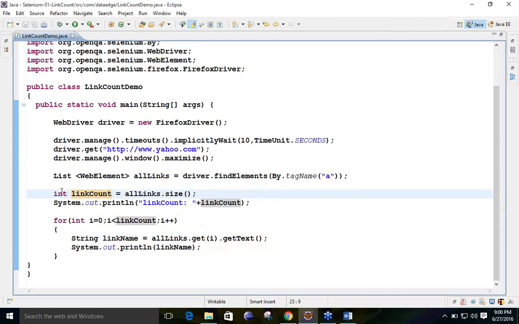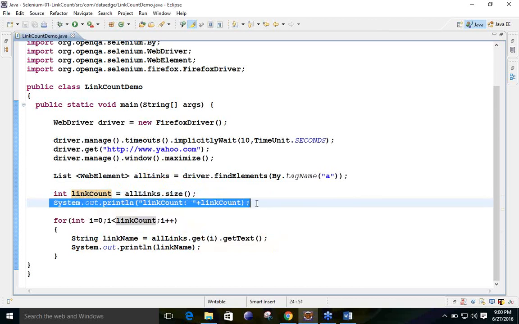Now I will simply print the number of tags, because this link count has only the tags value, whether it has 5 tags or so, it will count that. We are printing link count over here. It will give you the message link count, and if it is 10 it will print 10.